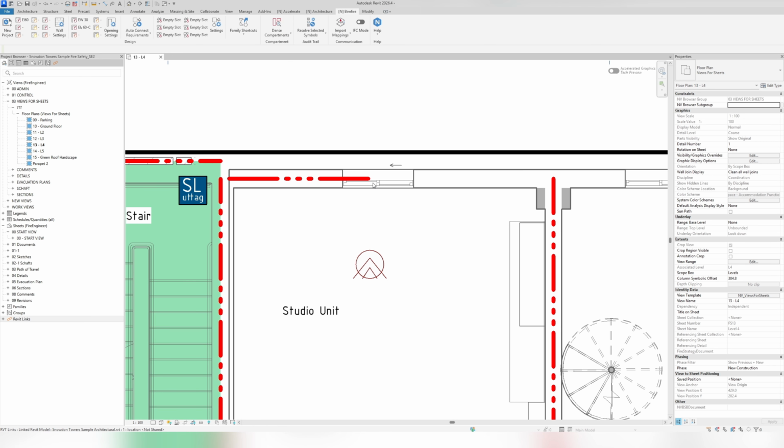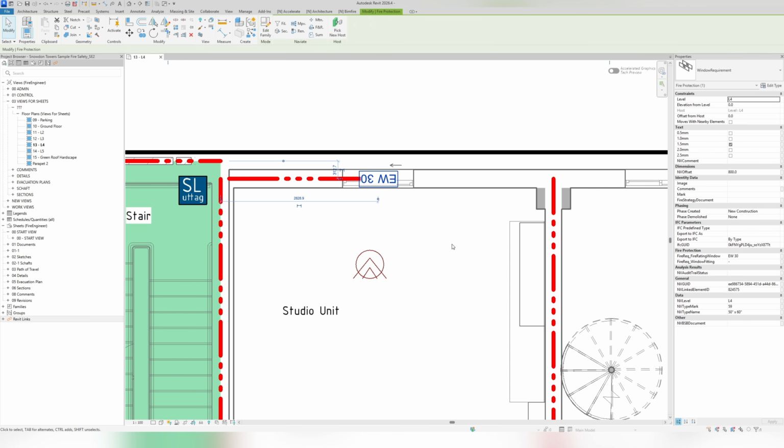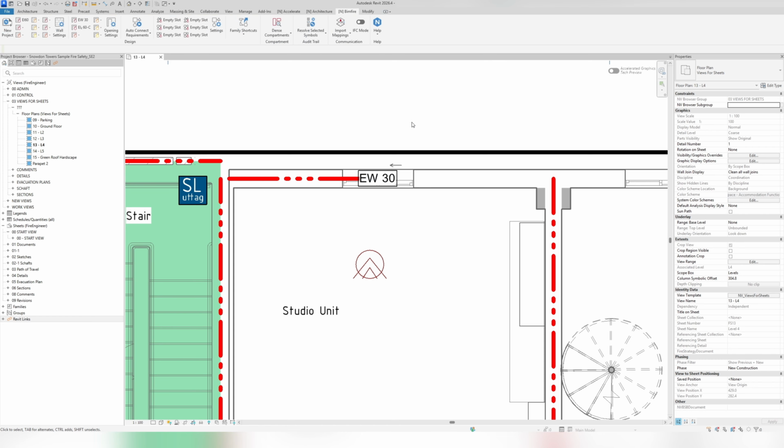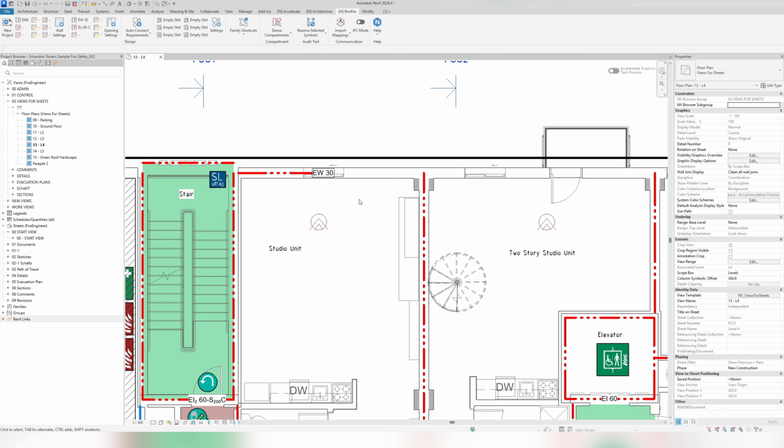And because this wall compartmentation is almost overlapping with the window, we can place, for instance, the EW30 requirement on this window, which would be the correct one. I'm going to select this one and use spacebar to rotate, and we got it here. I keep on designing, and when I think I'm finished, I'm going to go here and run the tool Dense Compartments,